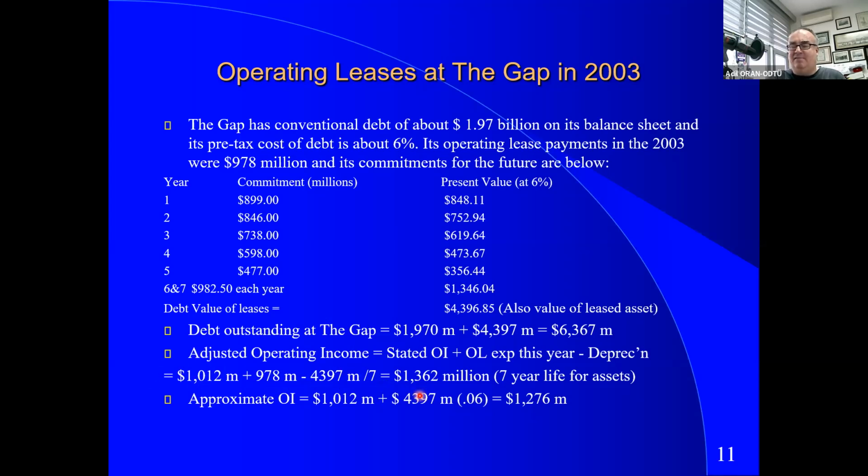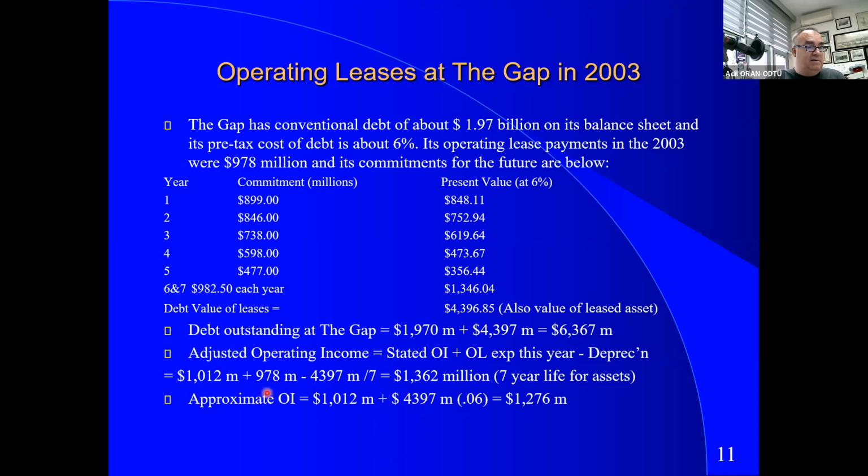Why divided by 7? Well, the typical lease agreement for the company is 7 years. So when they rent a new store, typically they sign a lease agreement for 7 years. It's not long enough to count as a purchase or a capital lease, but it's still 7 years, so it should be included. So this amount divided by 7